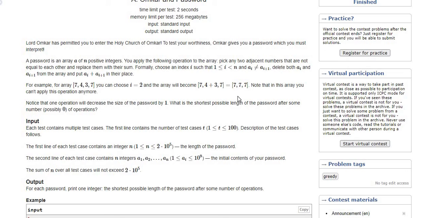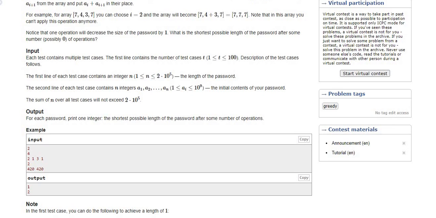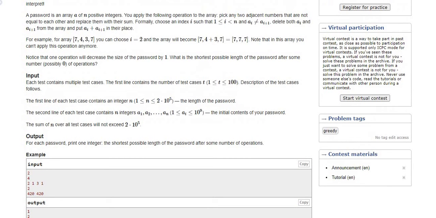This way we get the revised array, that is 7 7 7. We have to perform this operation as long as we have distinct integers in the array, because in this array 7 7 7 all three elements are the same, so we cannot do this operation anymore.